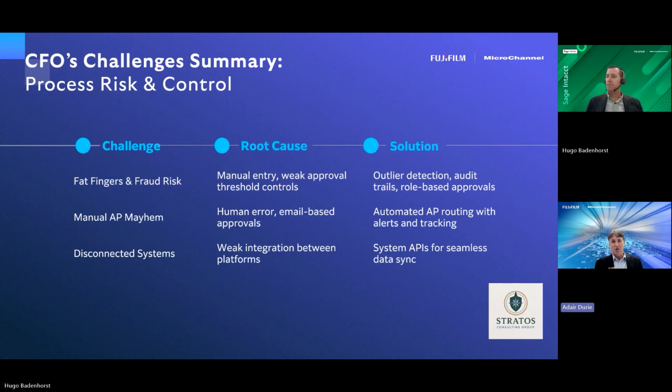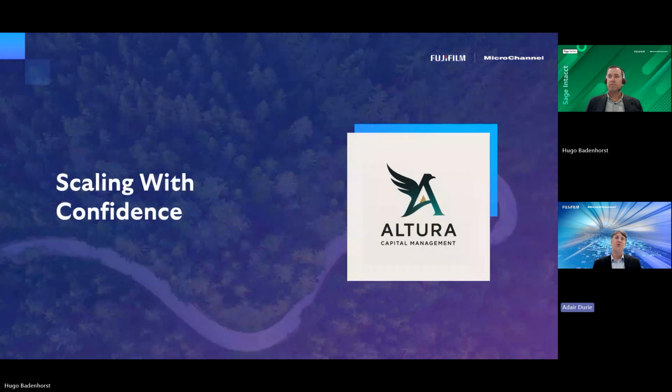So that process, risk and control is a challenge that has been very important to our hundreds of customers who have moved onto our cloud systems. One thing that extends from that, that's been a theme throughout today, has just been scaling with confidence. So many times the underlying challenge is, how do we scale with confidence? Because it's very apparent to a CFO that their existing systems are stopping them scaling.